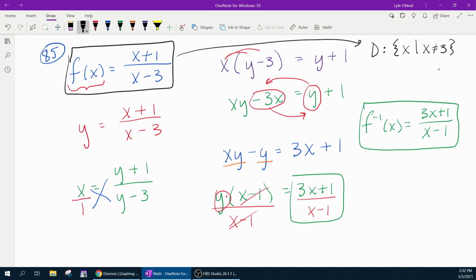Now remember, I said if you've got the domain of the original, you know the range of the inverse. So now I can write the range of the inverse function, and it's going to be the set of all y's such that y cannot be 3. Remember, the domain of the x's, the range of the y's, no matter whether you're talking about the original or the inverse. And so now if we come back to the original function and we want to find the range,